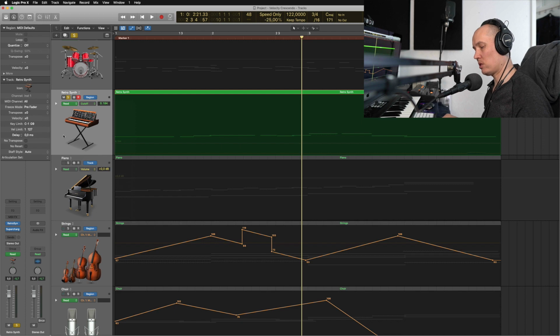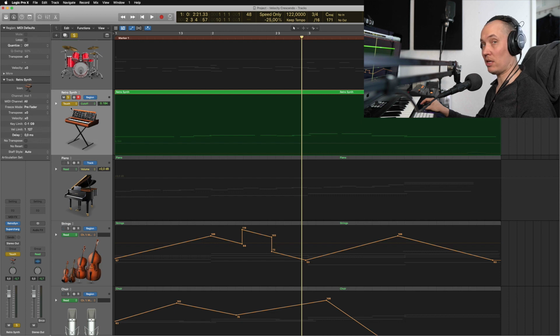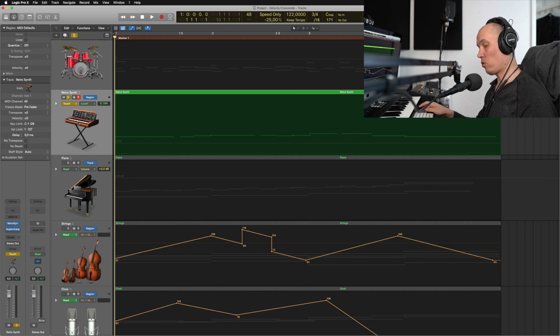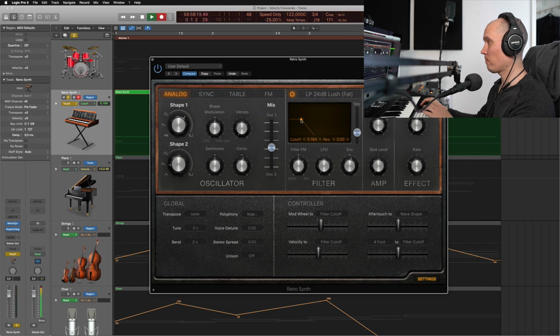So you use this bigger or smaller than sign just to the side of the left shift key on your keyboard. And look what happens here. Read goes to touch. And back again if you click again. So switch between touch and read mode. In touch mode, when you start recording, anything in the user interface that you touch will get recorded. So if you start recording and then move this cutoff frequency,